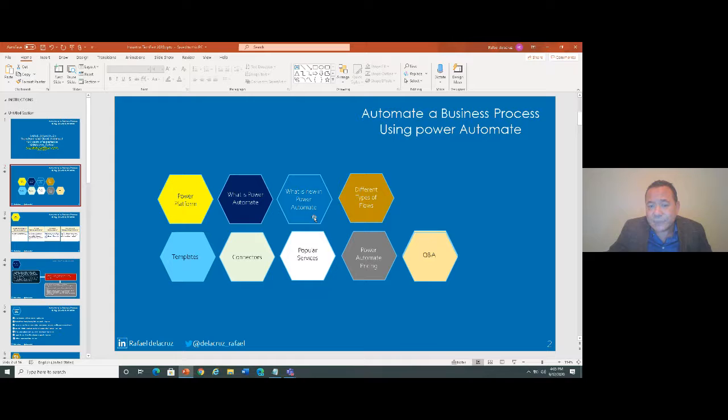There are links in this presentation. When a presentation is live, you can click on it and you can see the latest information about it, different types of flows, templates, connectors, popular services, Power Automate pricing, a little information about this.